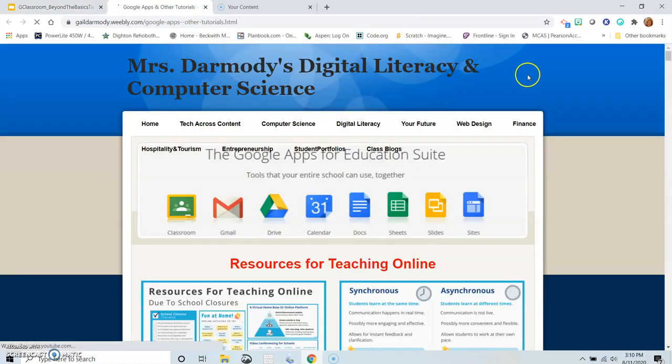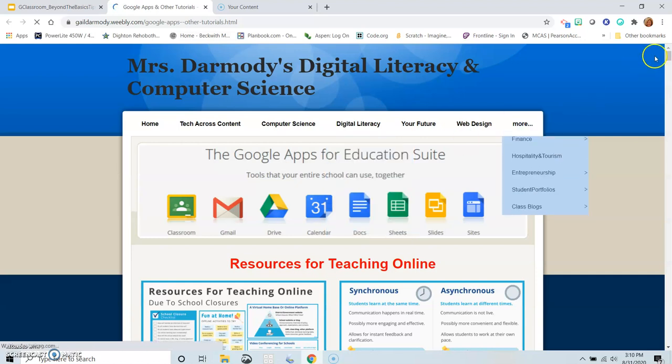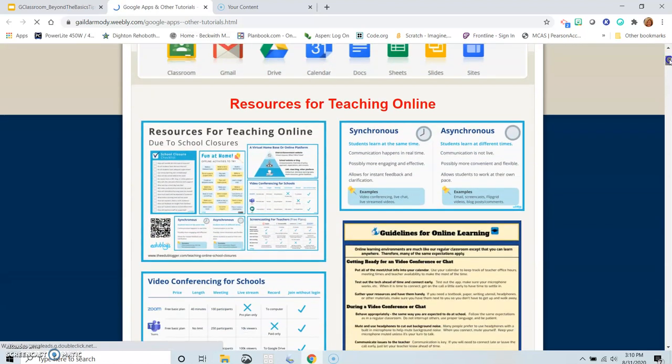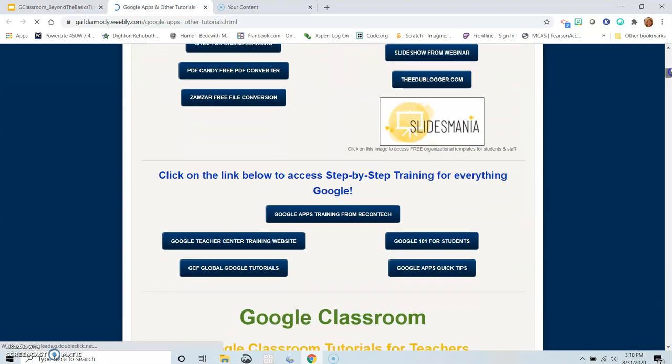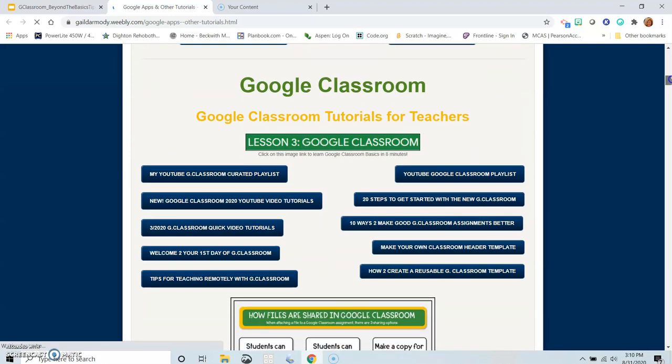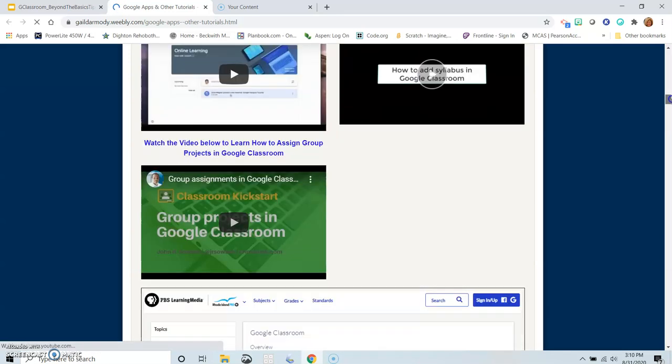So if you click on this link, it takes you to this page, and this is where you go: digital literacy, Google Apps and other tutorials, and then you can scroll down. I probably have way too much information on here, but here's the Google Classroom information. And then if you continue to go down,